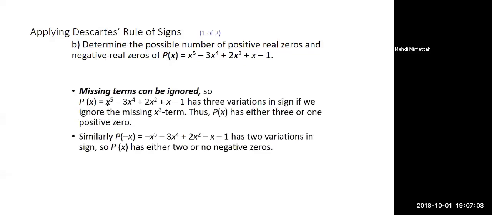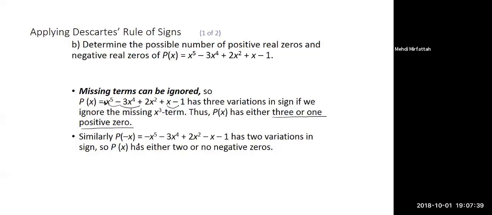Okay. So in this example here, let's see how many times it changed sign. So in this case, we have plus here for p of x. This would be 1 time, changing sign here, 2 times. Does not change sign. It does change sign here. It has 3 variations in sign. If you ignore the missing x to the power of 3, then p of x has either 3 or 1, since 3 minus 2 would be 1,